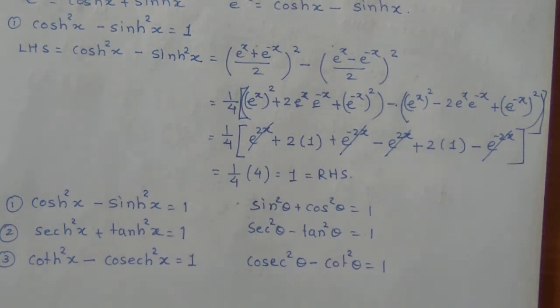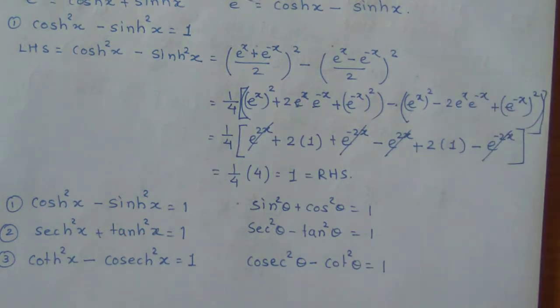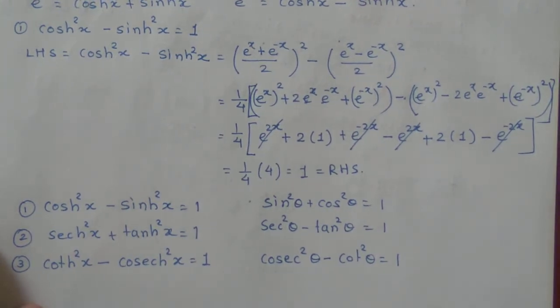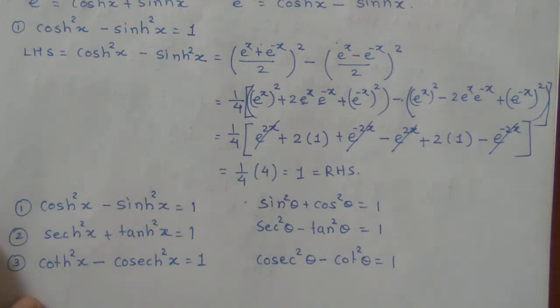and so on. Then we can see the product formulas, that is 2 sin A cos B, 2 cos A sin B, 2 sin A sin B, 2 cos A cos B. Here it is in hyperbolic functions 2 times hyperbolic sin A hyperbolic cos B, and so on. All those formulas I am going to list out on one page, and I will circulate the same copy on your WhatsApp group. Okay, so everyone should note this down in your notebook.